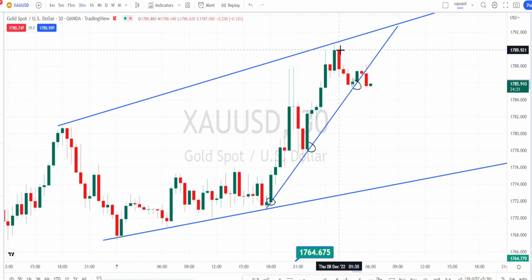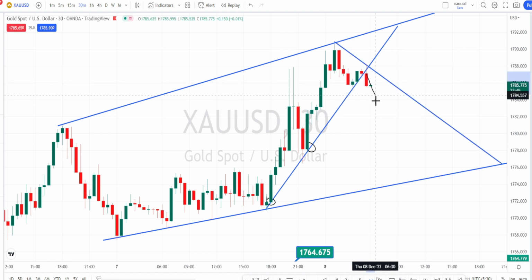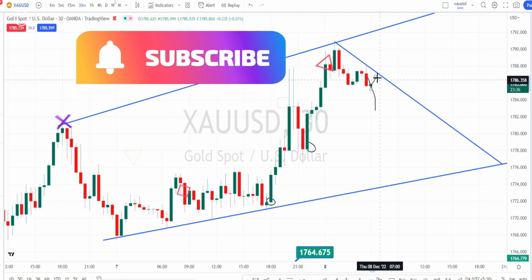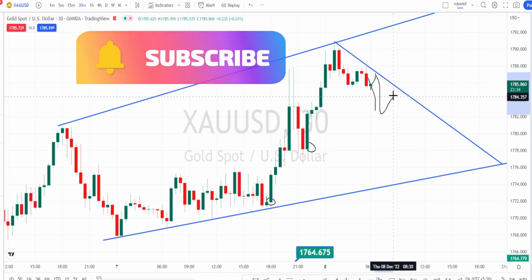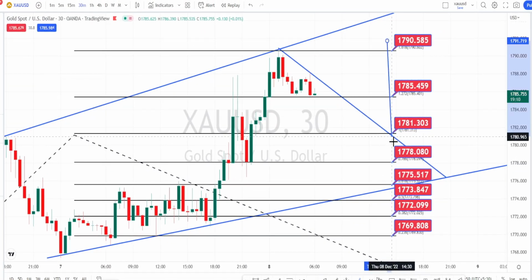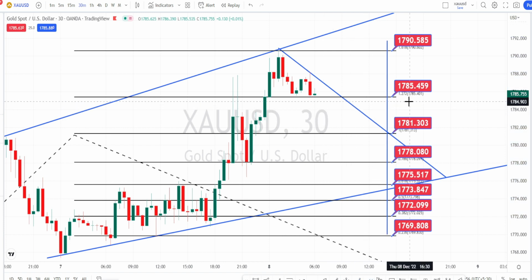It has clearly given a breakout from this trend line and it is on a bearish side retracement. And as long as the price action is trading below this trend line or the resistance line, we can expect the bearish side retracement to continue in 30 minutes time frame. So the values within these red color boxes are the resistance and support levels for current price action in 30 minutes time frame. Currently the price action is taking support on the support level of